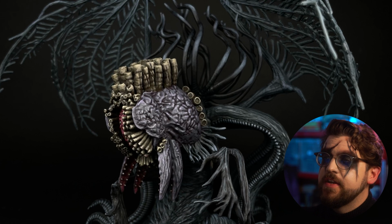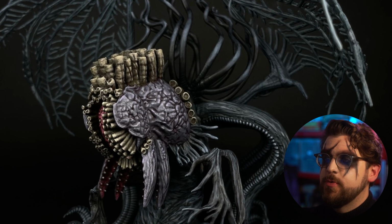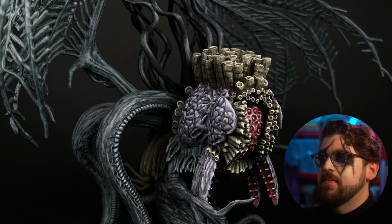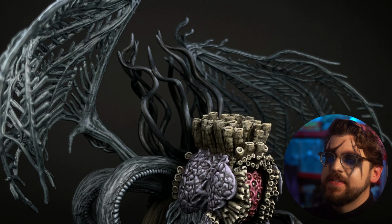In terms of execution, I think, as I said, it's done incredibly well in that it really does kind of suck your attention right towards the center. Inescapable gaze, almost. It's really, really intense to look at, especially on a black background. I've got to give that an 8 or a 9. It's really, really impressive. Even though I'm tempted to hit the 9 there, I'm going to say 8 because I